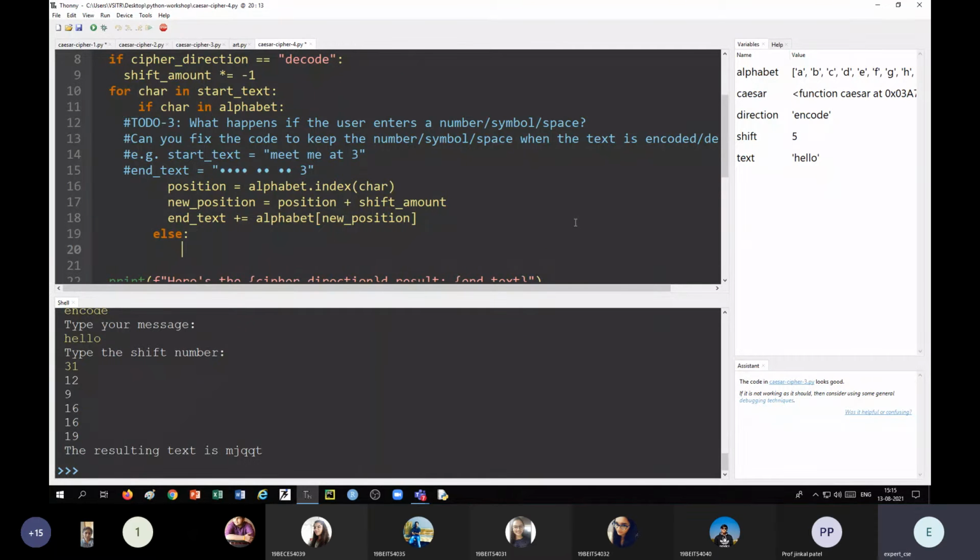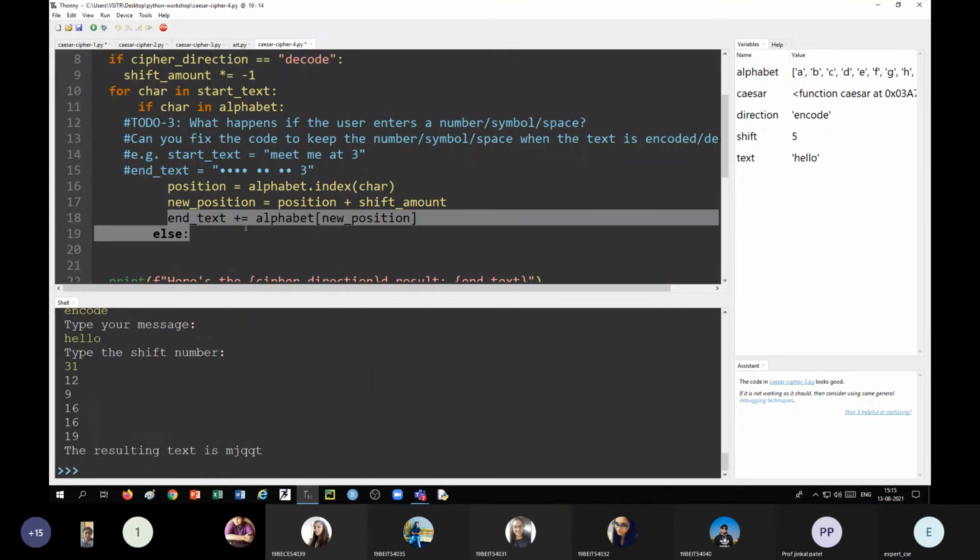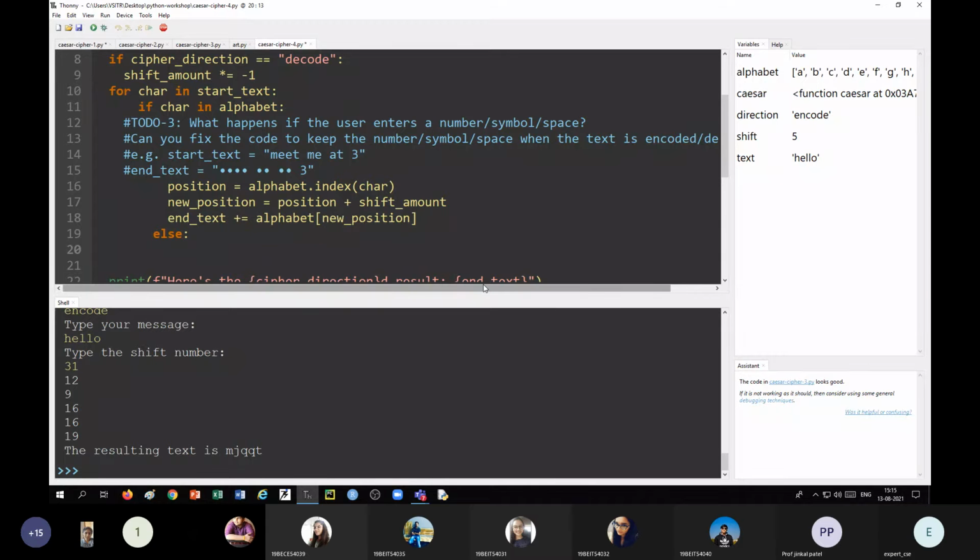Then our end text will be, instead of this, it should be the character itself. Okay, so any character which is not in the list will be kept as it is in the ciphertext.